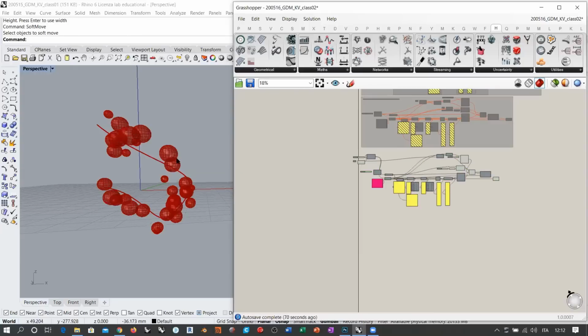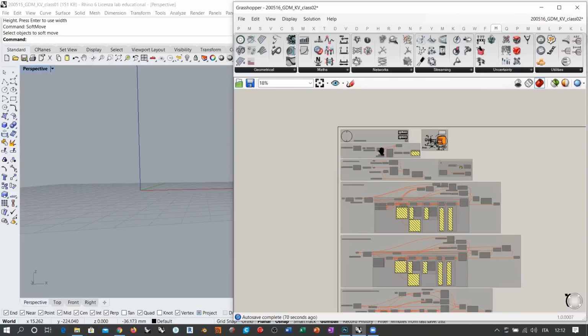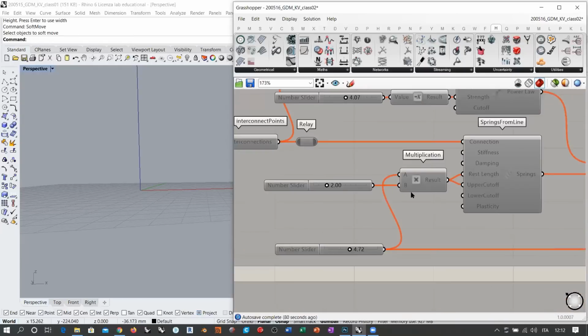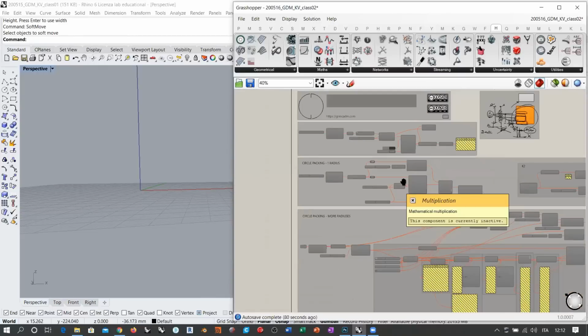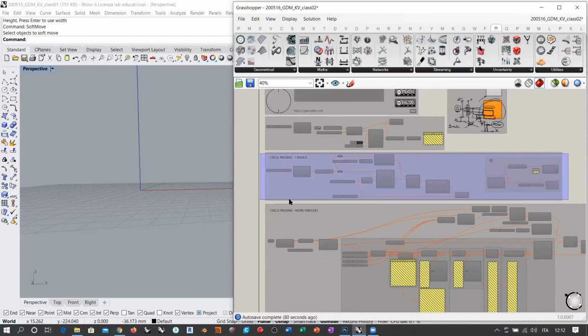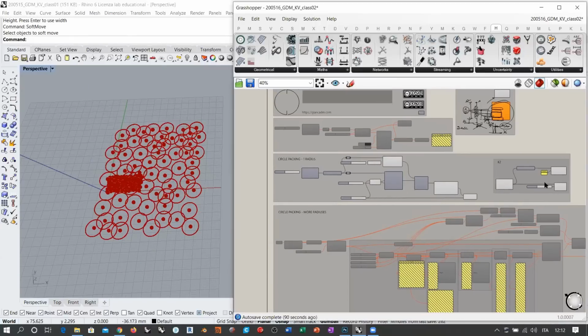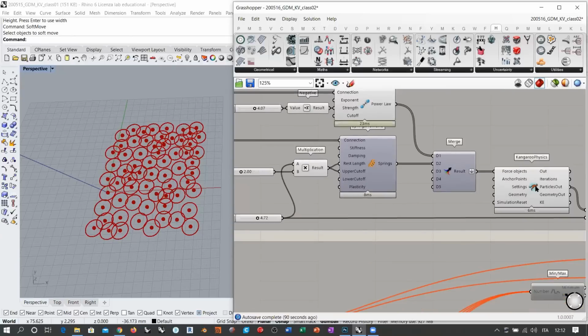And one other thing is that when you work with this, remember that one of the options that we already saw at the very beginning is this multiplication for the rest length and upper cutoff. Because in this case, for example, I'm going to activate this for a while. But remember that when you do this kind of simulation,